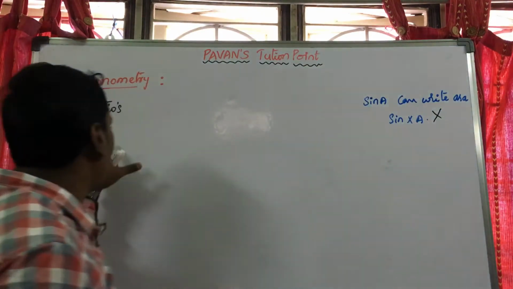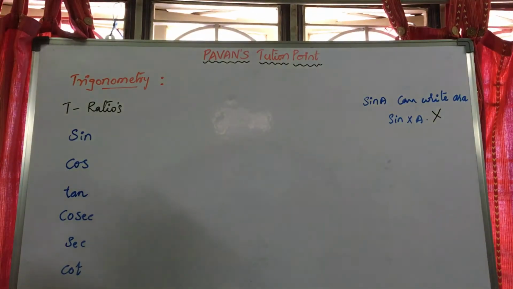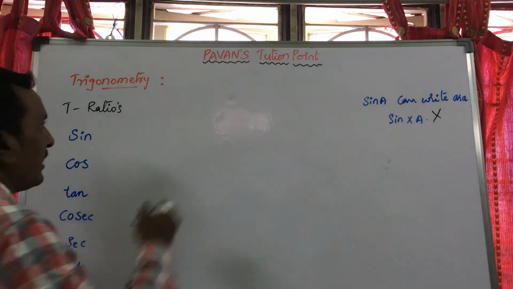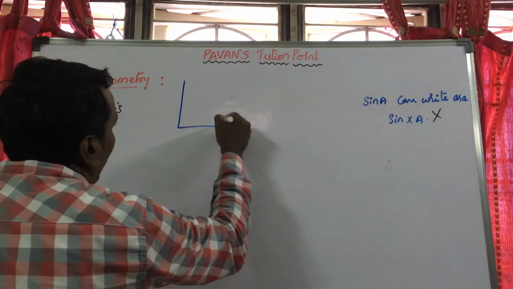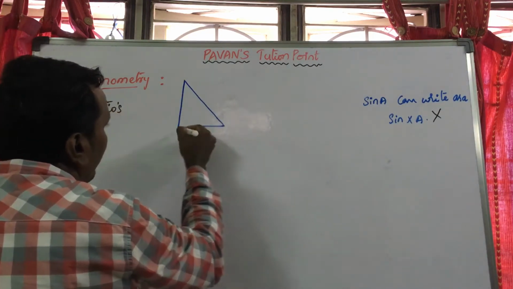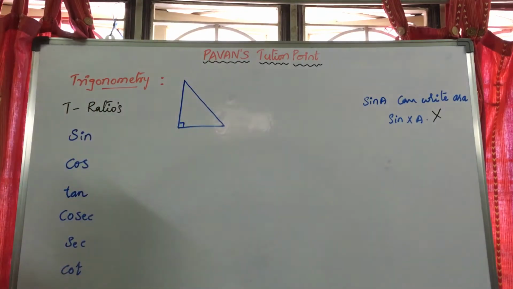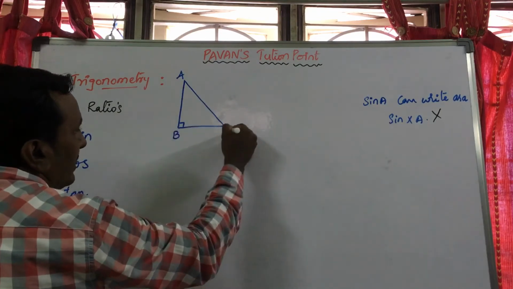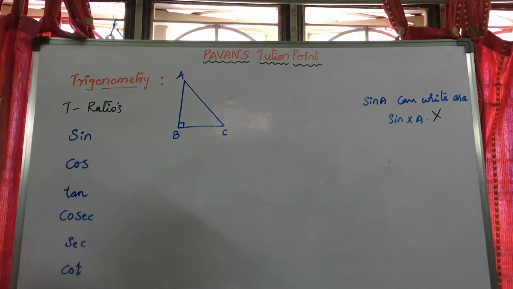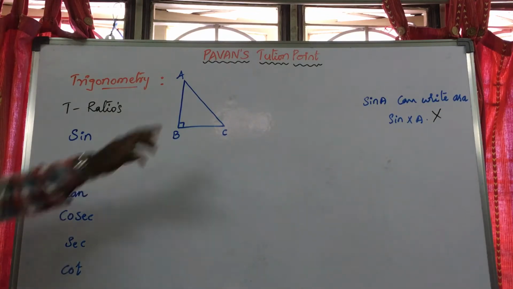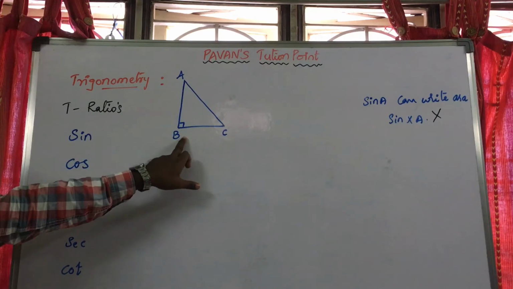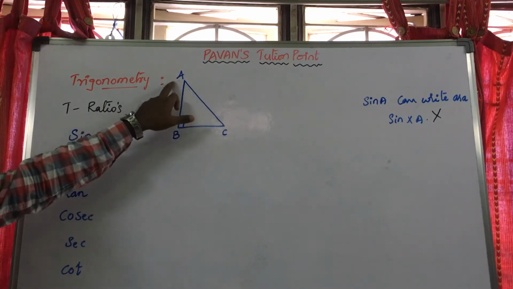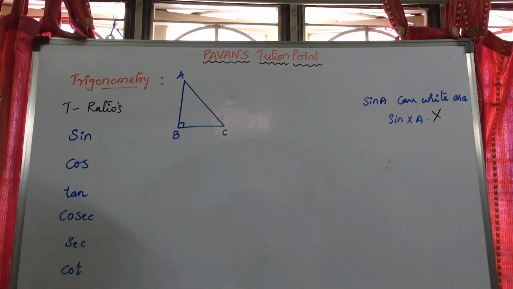Angle A means in which? All these we are creating in a right angle triangle. I think you know the right angle triangle, and you can draw it in so many ways. I am drawing one way of the right angle triangle here, so the right angle will be here. I am taking the vertices as A, B, C. You can take X, Y, Z, or even your name also. Here at B we have a right angle, so for C and A we can derive the trigonometric ratios.